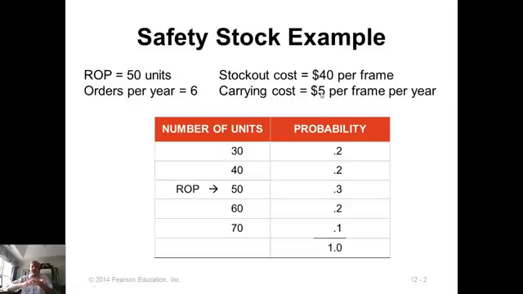When you increase the safety stock, you're going to increase the carrying cost for that amount of safety stock. But now you're going to have fewer stock outs, so the stock out cost will go down. The reverse is true. If you have less safety stock, your holding cost will be smaller, but your stock out cost will go up because you'll have more stock outs. So what is the trade-off between the two? That's what we're going to do in this problem.